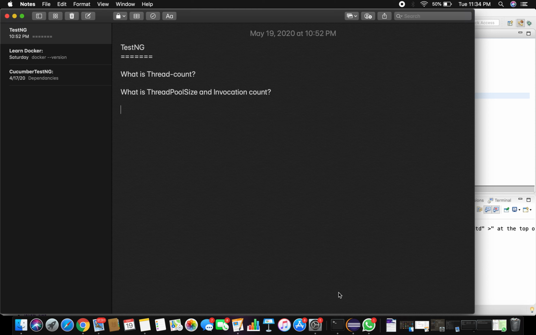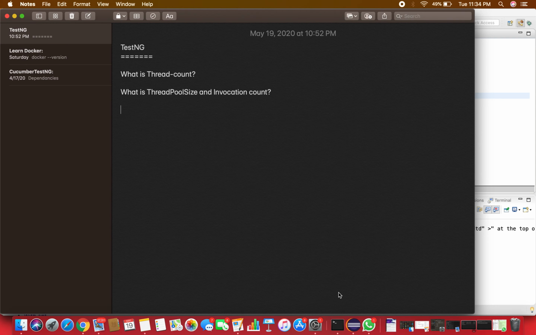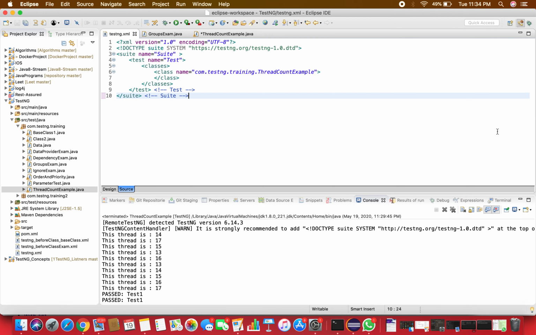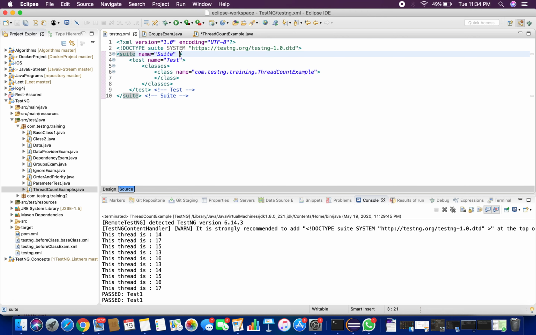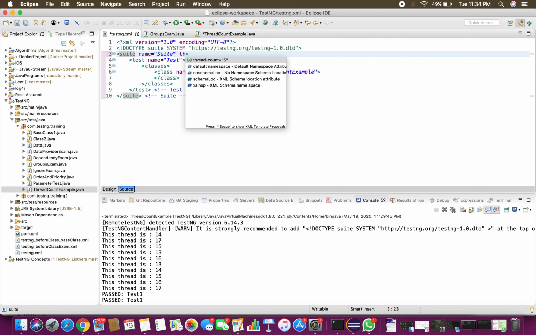If you are running your tests or classes or test cases in parallel, the number of threads you provided will be used, and they execute your defined test cases or classes in parallel. Now let's see how this works. I'm going to mention the thread count at the suite tag, which is thread count.